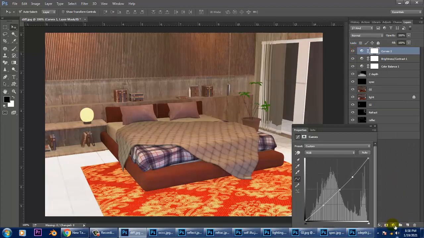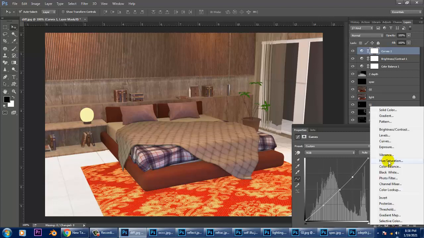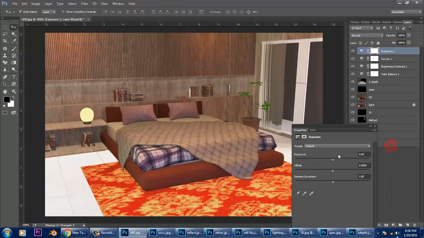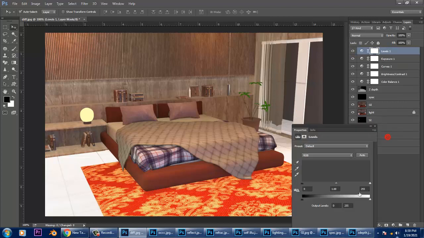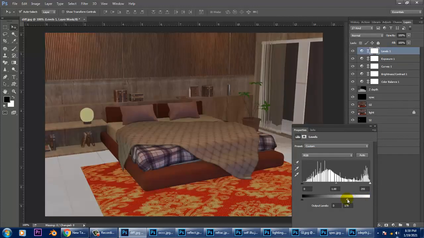After that, we can add some exposure, not much, a bit of exposure. I'll again go into this and add some levels. If I add, I can add some black values.